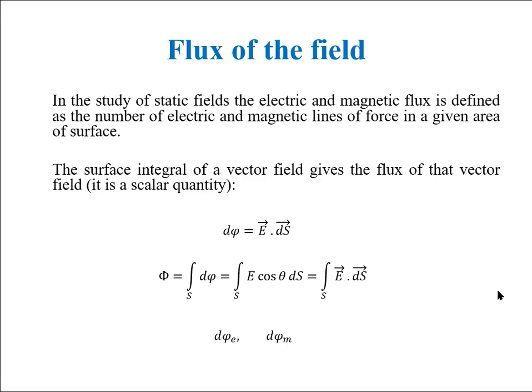Before proceeding to our discussion, let us define the flux of a field. A field, electric or magnetic, is represented by imaginary arrows. Denser the arrows, intense the field. The number of arrows passing through a surface normal to them is called the flux of the field linked with the surface. It can be argued that because these arrows are imaginary, one can draw as many of the arrows as possible. So, to calculate this number or the flux mathematically, you find the scalar product of the